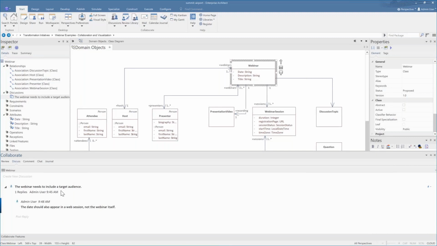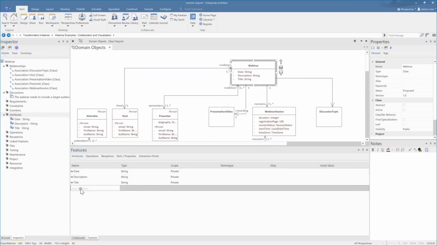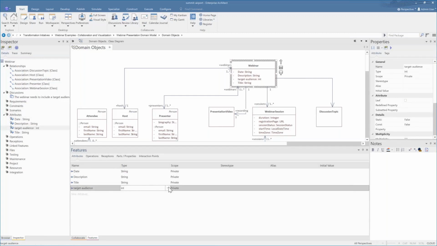So this is a very typical workflow that we have at Spark Systems, where the COO or CEO will send a message out, or a project manager will send a message out, and so then you can use that information, which is stored in the model, and we can create a new attribute. So you can see I'm using a context menu on the left of screen to add a new attribute called target audience. Now, because this is a class diagram, I can select from an integer or a Boolean, but in this particular case, we just need a string to store that target audience value.